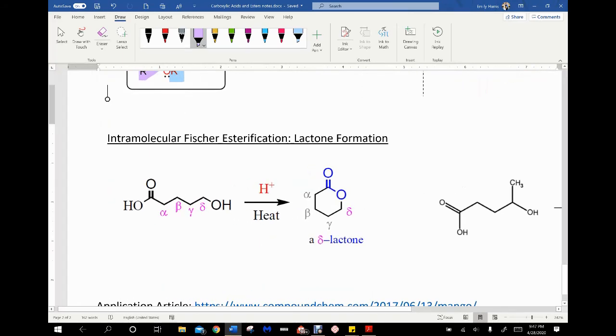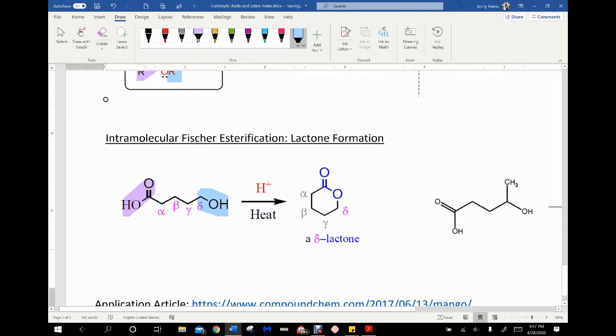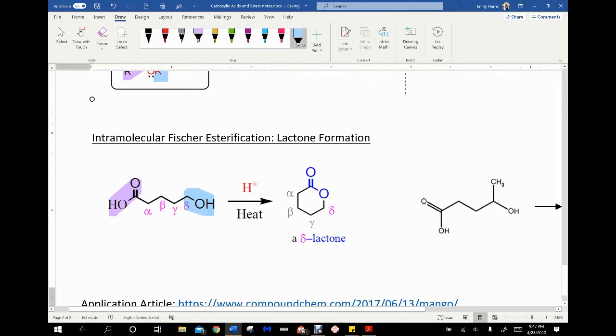And so what you'll notice about this special molecule is it has a carboxylic acid functional group on one end and a primary alcohol functional group on the other end. So it contains both functional groups that we need just within one molecule. And what this allows you to form is a cyclic ester, which is also known as a lactone. And those get used to do lots of neat, interesting things. You can Google those if you want to see some of the applications. But what happens is essentially it's an